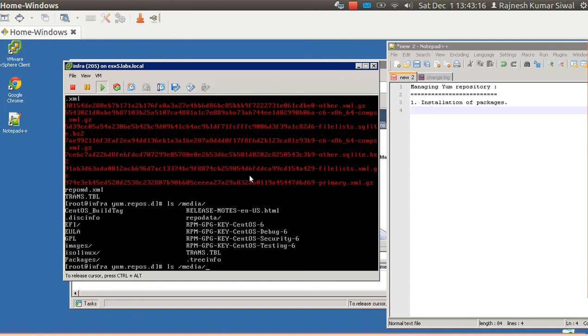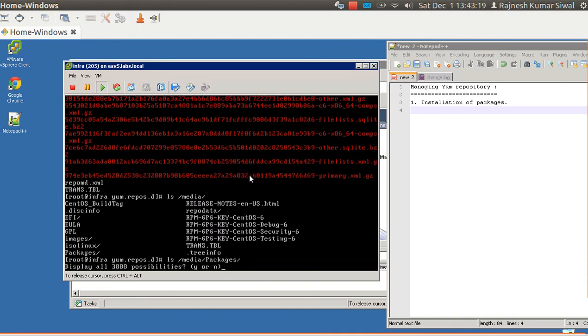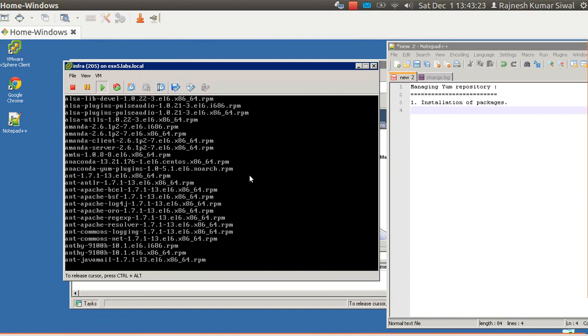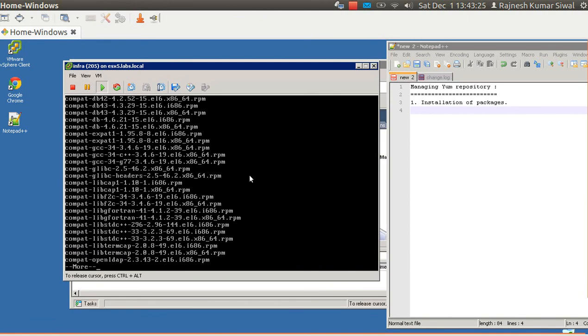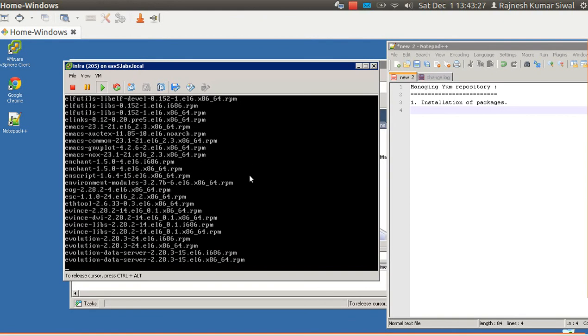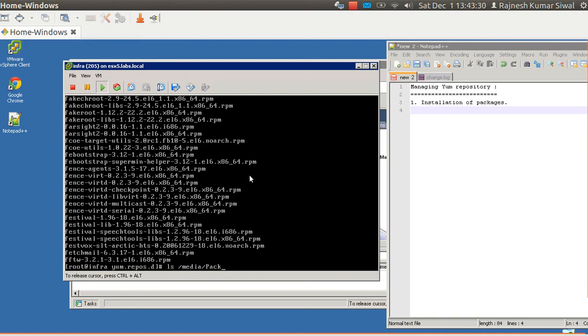So it has multiple folders inside it. Images and Packages is the folder that will actually consist of these packages, and here you can see all the packages. So we have enabled the repository of DVD,